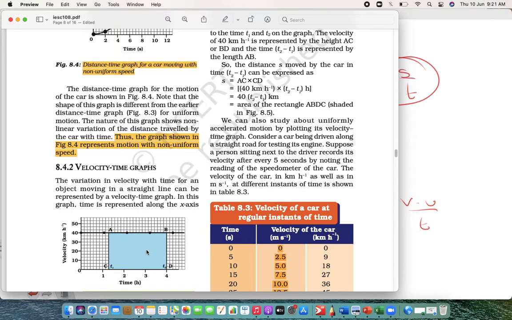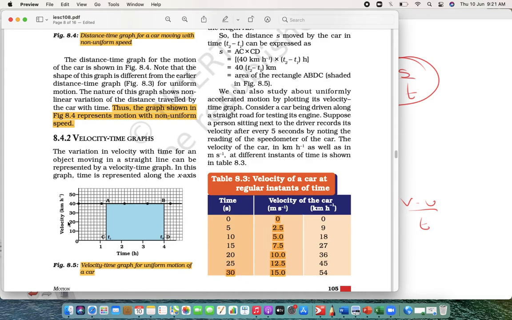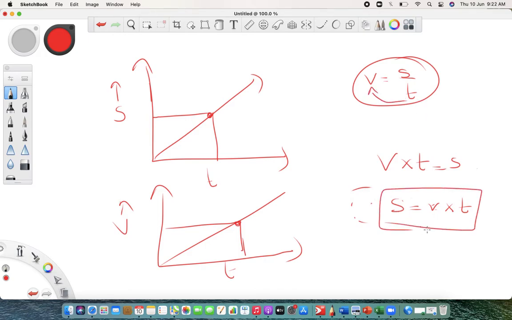That is a shaded region. This shaded region gives you distance. Now see how. You know the speed, you know the time, right? So basically they are using the reverse formula of the same. Here, instead of this, they are using the reverse formula: V into T is equal to S. So S is equal to V into T. Can you see? This goes here. So this will be S is equal to velocity or speed into time.